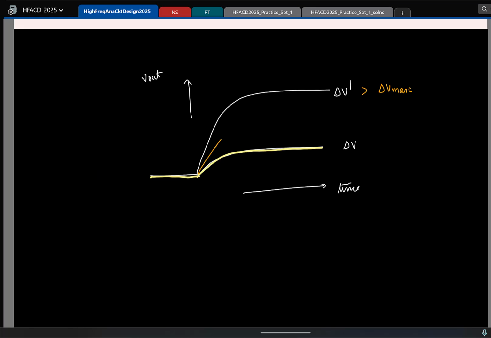Okay, so let's say at this point M2 starts to conduct, then everything will be in saturation. Then you will have the exponential settling behavior like this. So this part is linear, and this is what is called slewing. And the slew rate is essentially I0 by Cm. So which means